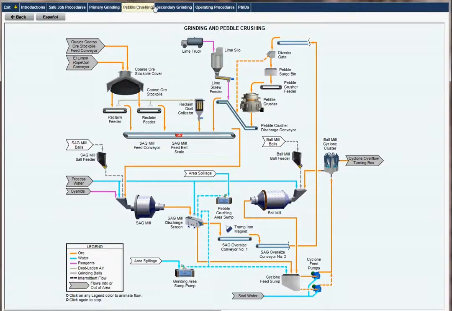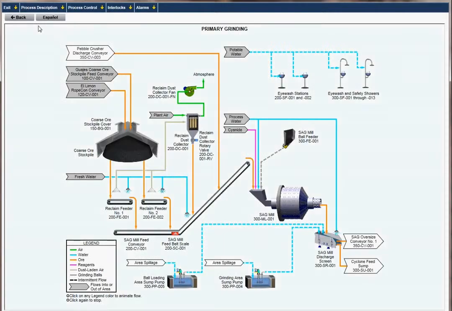This area is broken down into 3 different segments: the primary grinding, the pebble crushing, the secondary grinding. All of the operating procedures associated with the area and associated P&IDs. As we dive further into this area, into the primary grinding or the SAG mill grinding, we will see that